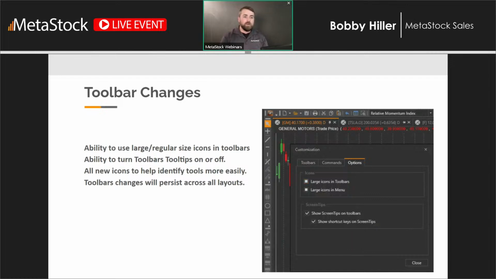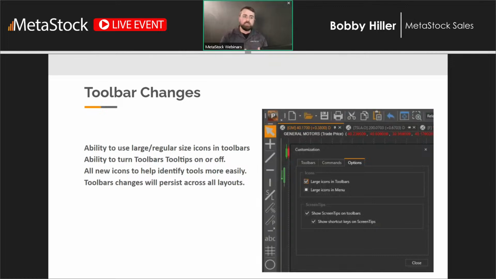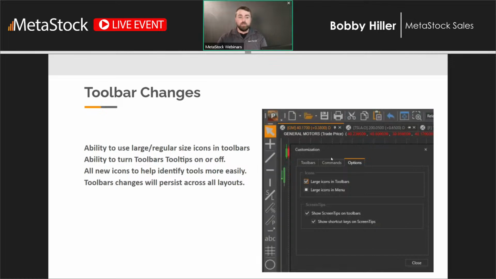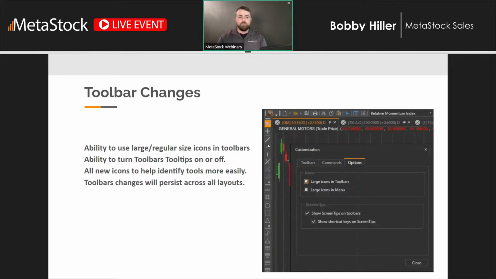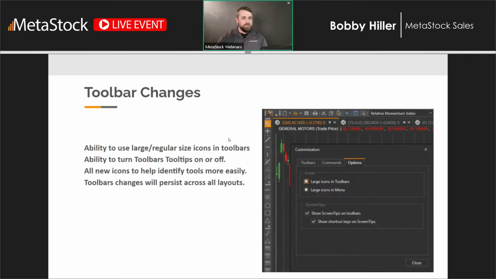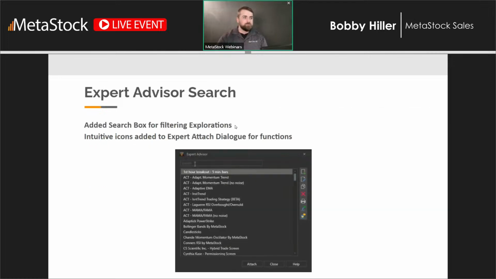Toolbar changes. So we did introduce quite a few different toolbar changes. We added the ability to use large and regular size icons. So you can see right here how these just got a whole lot bigger. When you edit them, it'll pop up again here. And you just go into the toolbar options or customization and options, and it allows you to do that. So if you're working on a tablet or something like a Windows tablet, or if you have a touch screen laptop and you just want a bigger toolbar, that can be really useful. Or if your eyesight's gone out, I mean, heck, that's a good reason as well.